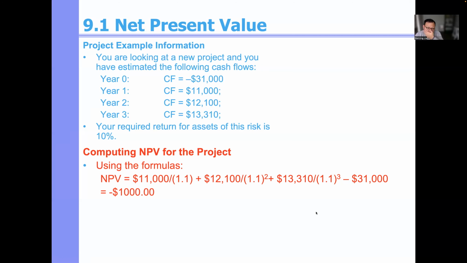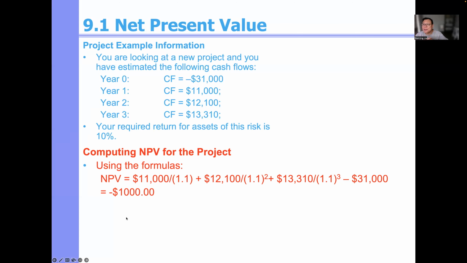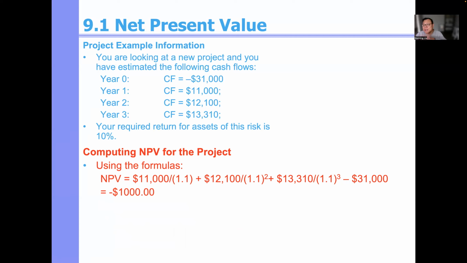And then you subtract your initial investment, which is 31,000. What I got here is a negative 1,000. So my net present value is a negative number, smaller than 0. Therefore, we should not accept the project,